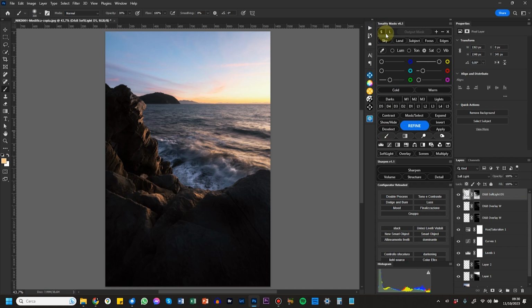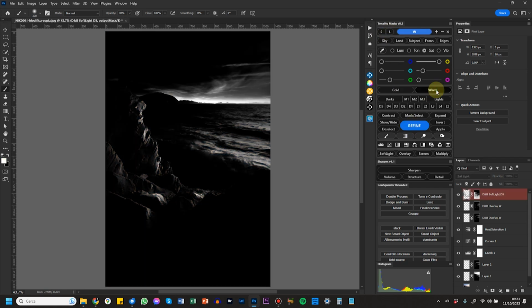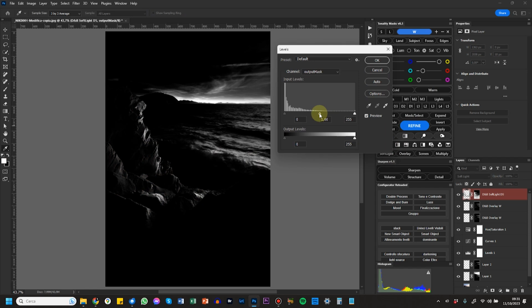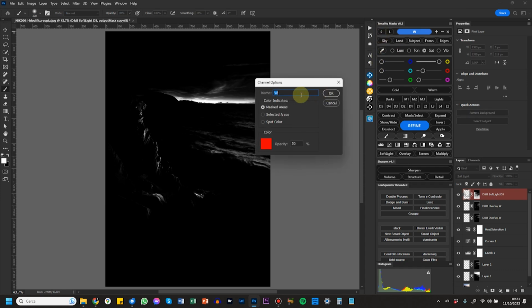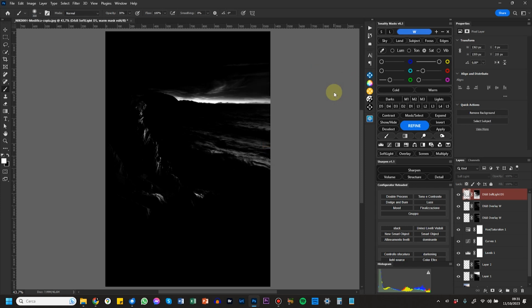Then the first row here is the save and load, which allows me to save and load some selection, for example. Let's say I have a warm mask and I have just refined it like this, and I want to save it for future use, for example. I just press save. I put the name here, let's say warm mask edit. Okay.